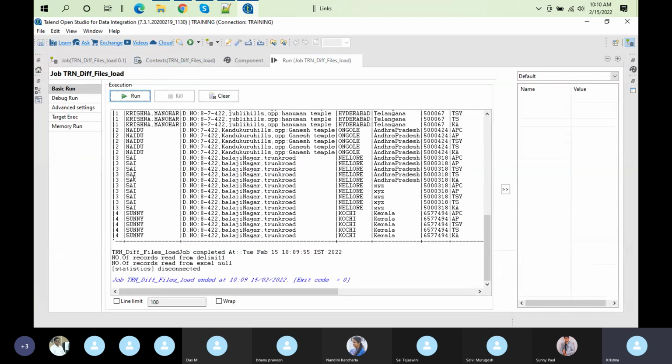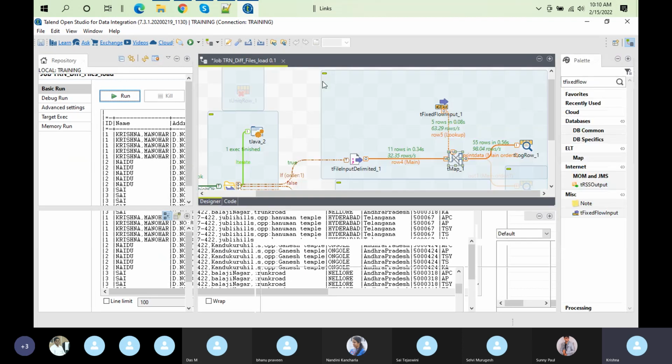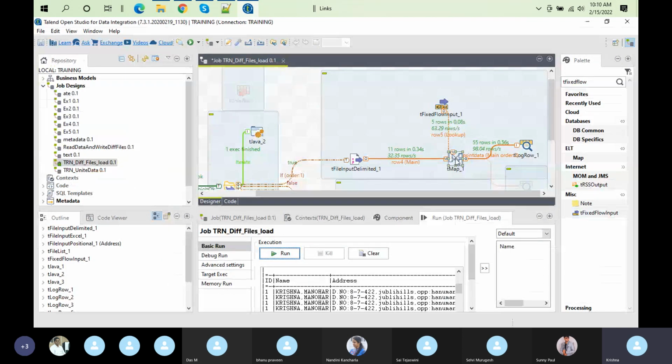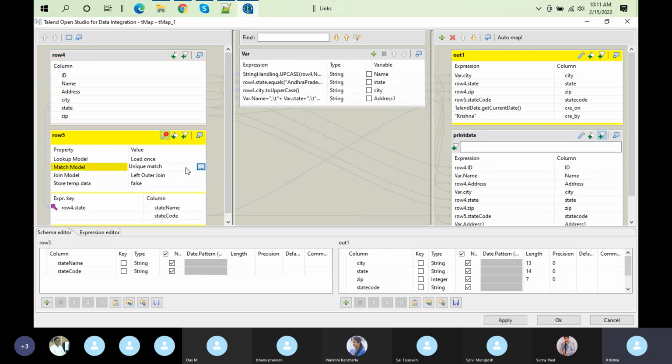Sunny 5 times, Sai 5 times, Sai we have 6 times, Naidu 4 times, Krishna 5 times. Whatever we have will be repeated because it's multiplying. And the state code, obviously, each and every record in the lookup table gets it. So you can treat it as a Cartesian join. Nobody does this in real time, but they are giving it. If you want the whole data dumped like a Cartesian product, then you can use all rows. Now I'm going to change this to